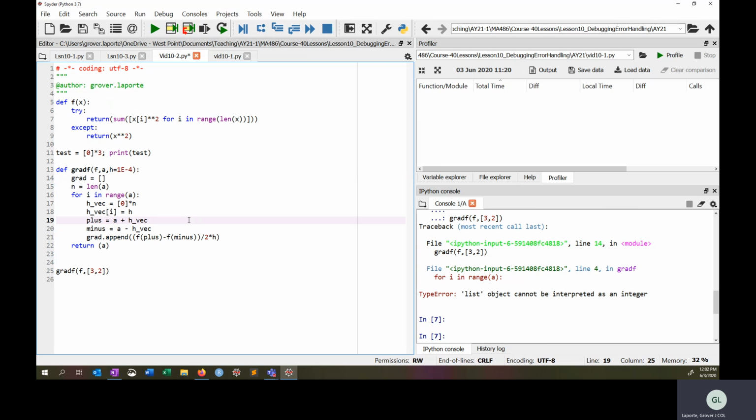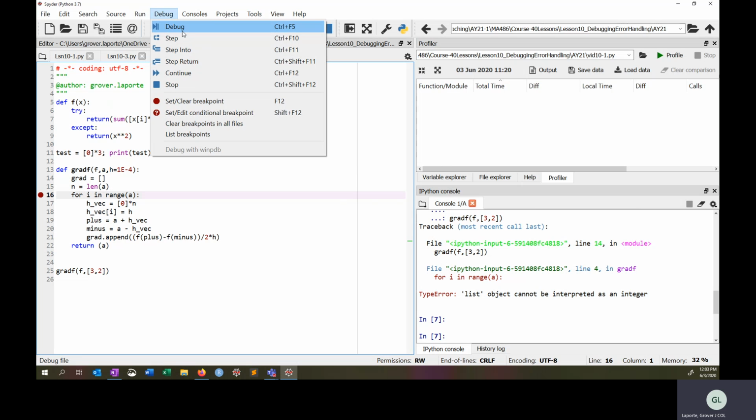Okay, so you might look at this and go, ugh, what is that talking about? You might want to put a bunch of print statements in here, and that would work. Another way to do it is to use Spyder. You can put a breakpoint by coming over here and clicking until the little red button shows up. All I'm doing here is putting a breakpoint in. Then you come up to debug and hit debug,